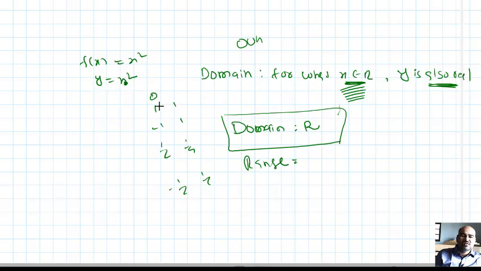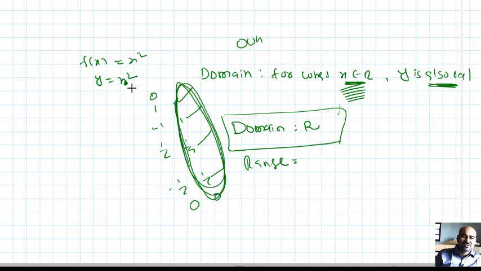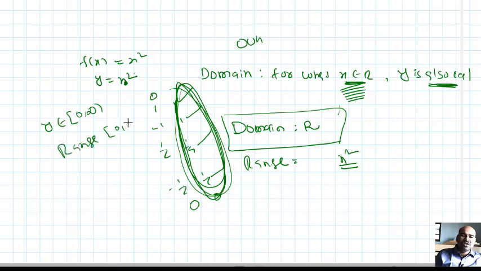So if x is 1, y is 1; x is minus 1, y is 1; x is half, y is 1 by 4; x is minus 1 by 2, y is 1 by 4; x is 0, y is 0. I mean these are outputs, no? These all are outputs. Observe, these all are non-negative real numbers. X square means non-negative real number. So y equal x square means y should be a non-negative real number, meaning outputs are all non-negative real numbers. I can say that y belongs to closed 0 to infinity, or in other words I can say that range of the function is closed 0 to infinity.